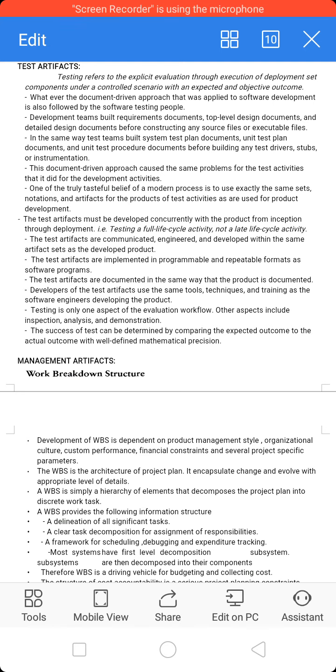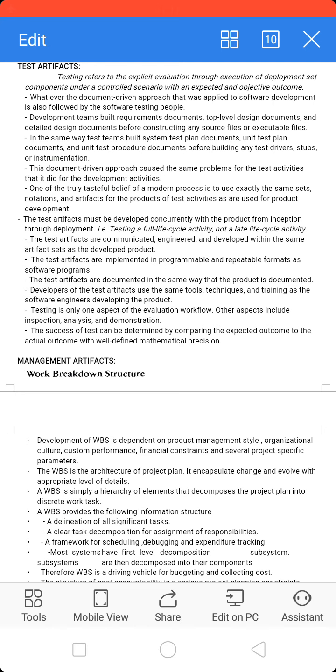So in modern process also we are using the same sets, notations, and artifacts that we use for the product development. In a sense we are simply identifying the test infrastructure necessary to execute the test process as a required subset of the end product. By this we have forced several engineering disciplines into the process.